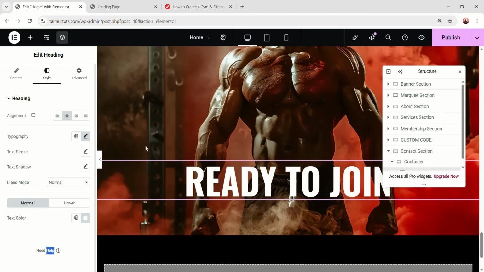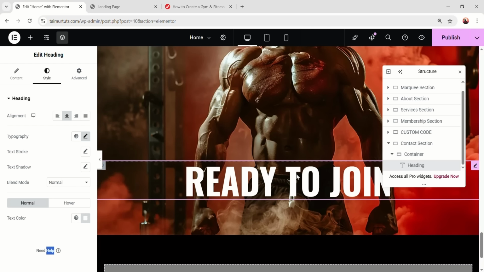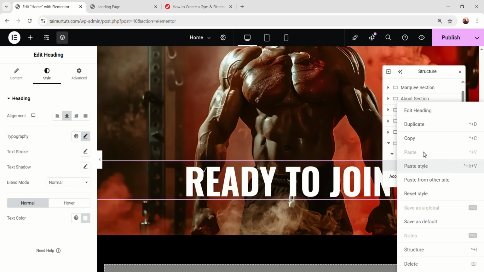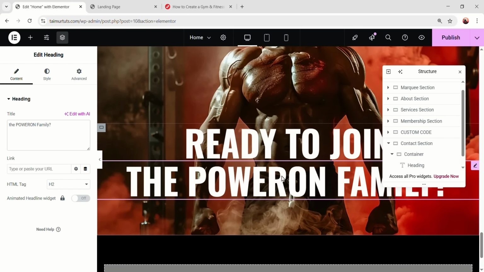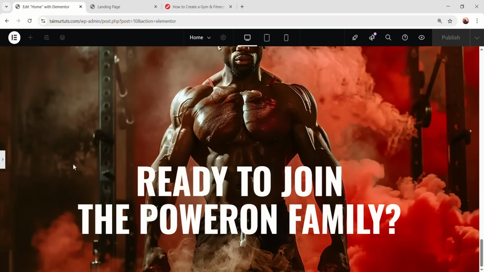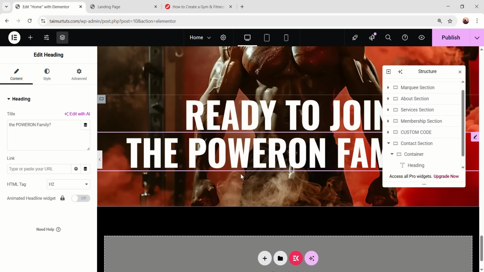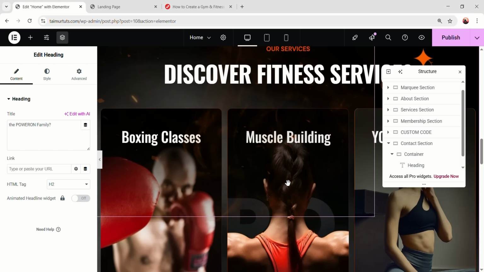Okay, then after this text, I'm gonna add one more, so I can just right click and duplicate, then change the text to this and keep every style the same. And overall this will be looking like this. Okay, looking amazing with this image. Now lastly, I'm gonna add a button, simple button, so we can just grab a button from here,